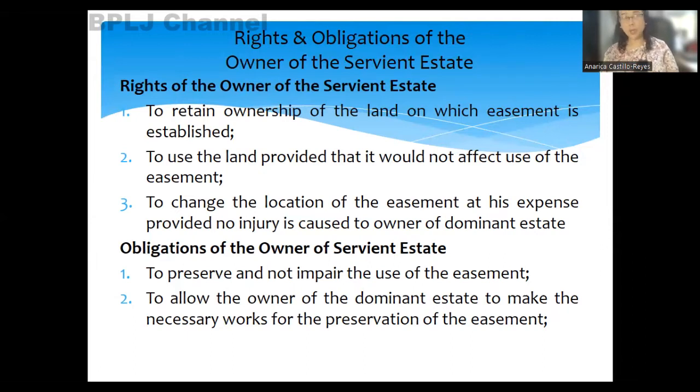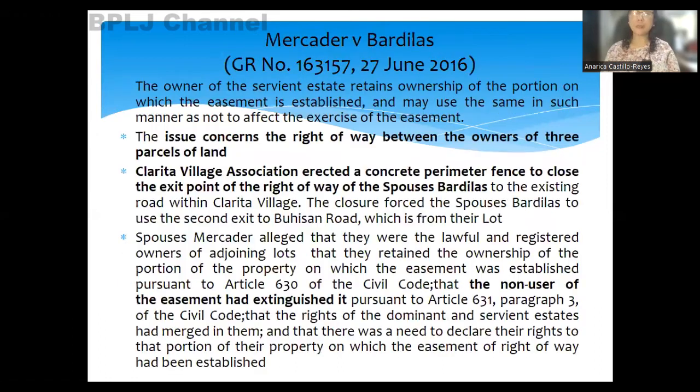Now, what are the obligations of the owner of the servient estate? He has the obligation to preserve and not to impair the use of the easement. And he must allow the owner of the dominant estate to make the necessary works for the preservation of the easement. We now go to the case of Mercader